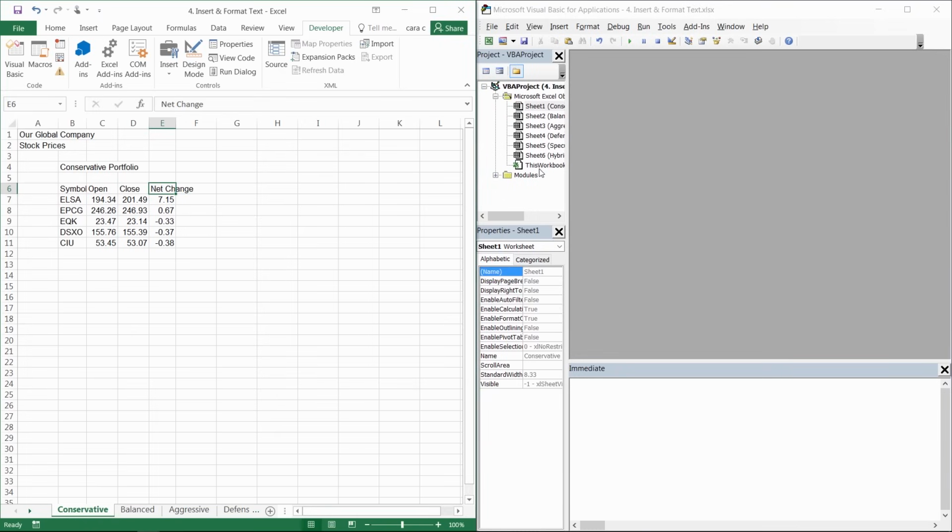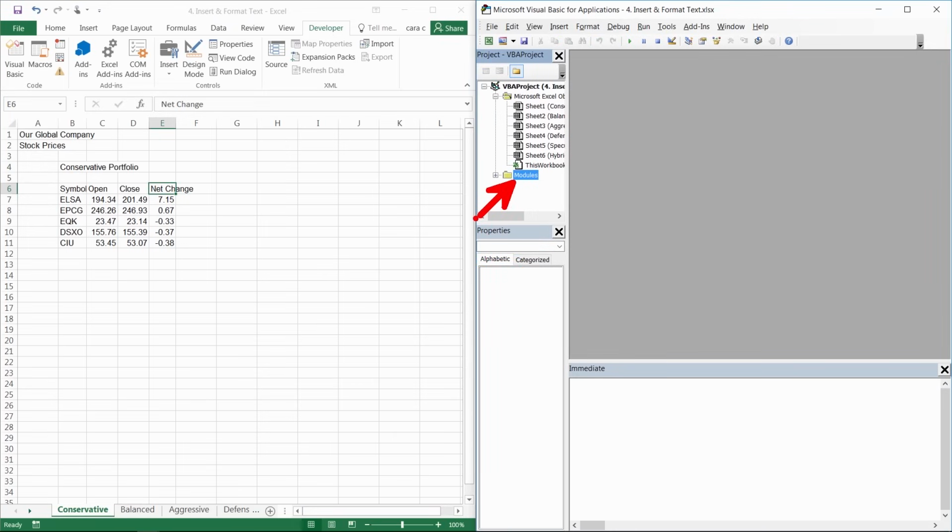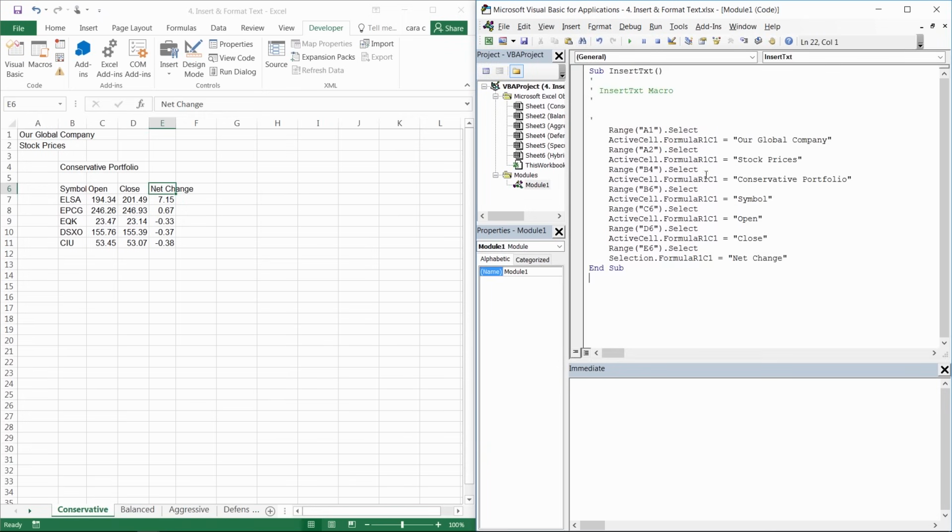And I'm going to go look and see what the macro recorder made for me. It's going to be located in my modules folder in my Visual Basic for Applications window. Here we go. Let's take a look at it. Now, the macro recorder actually put in a bunch of stuff I don't need and some stuff that looks a